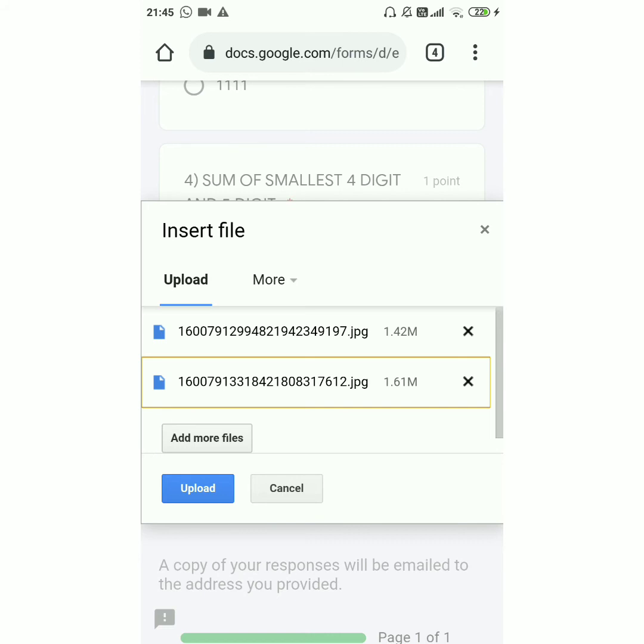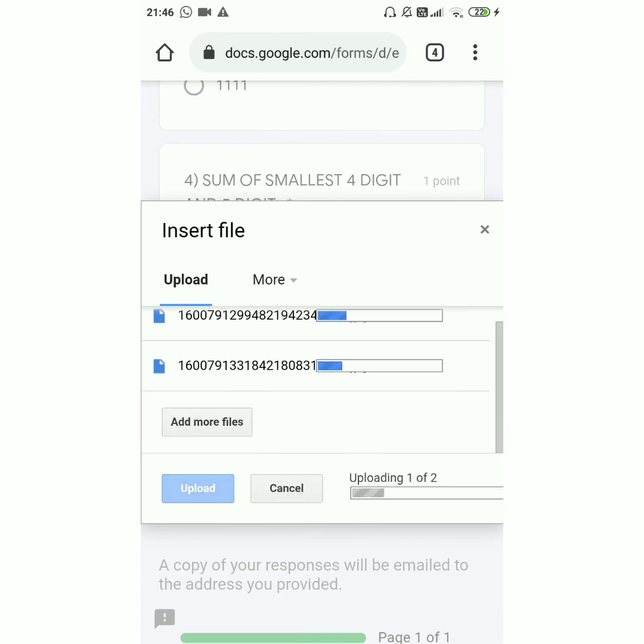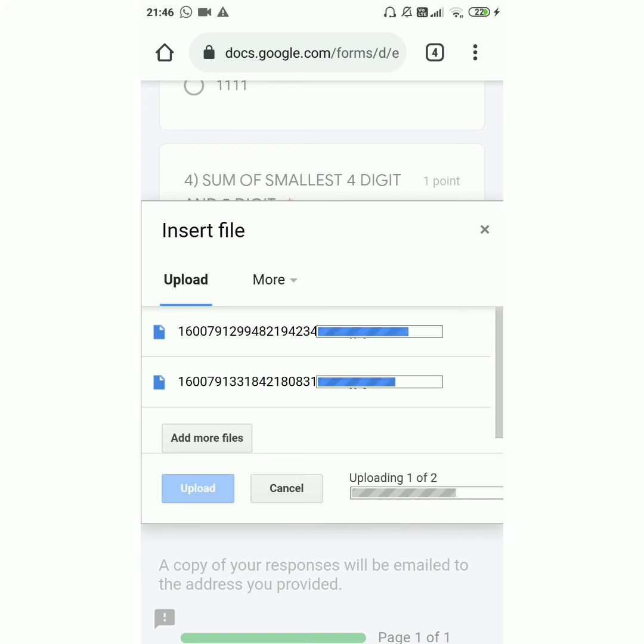Try to avoid uploading more than one picture, so that there will be no problem. Once you are done, just click on upload. See, your 2 files are getting uploaded.